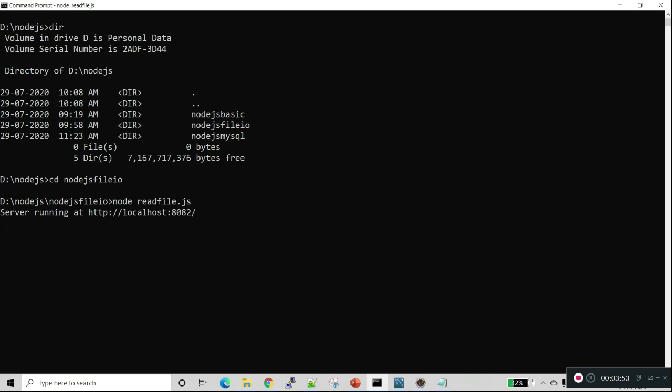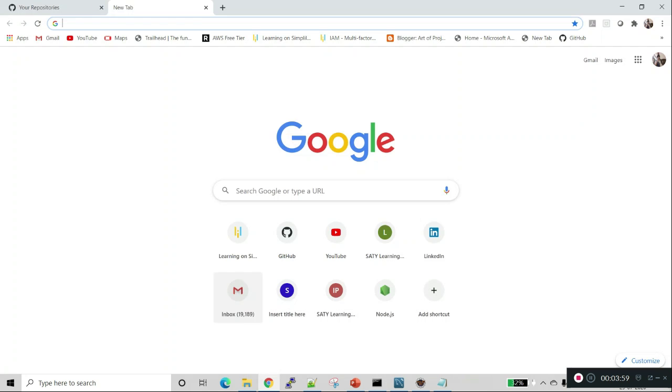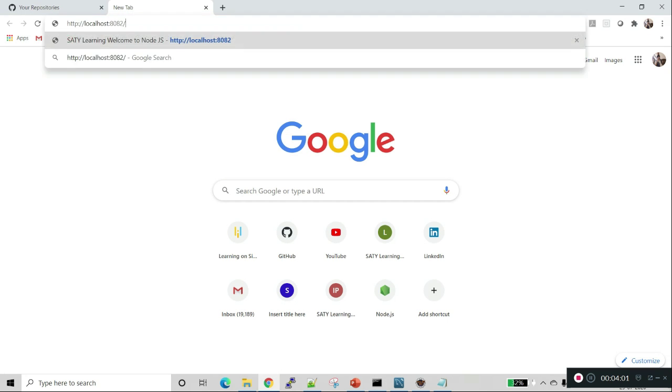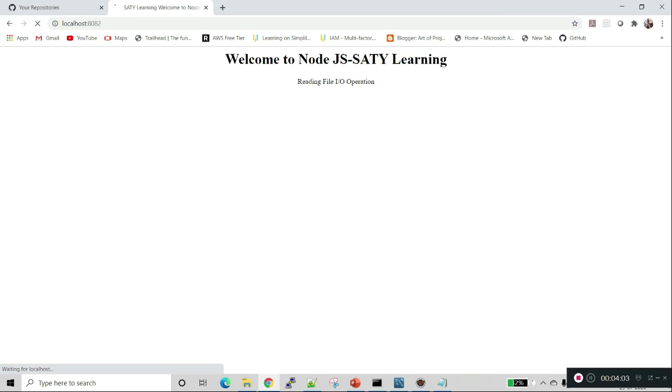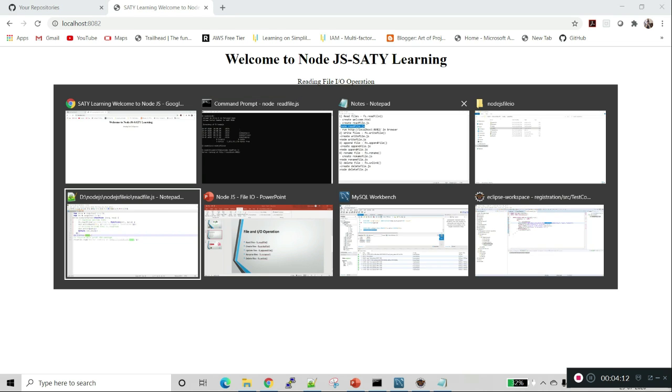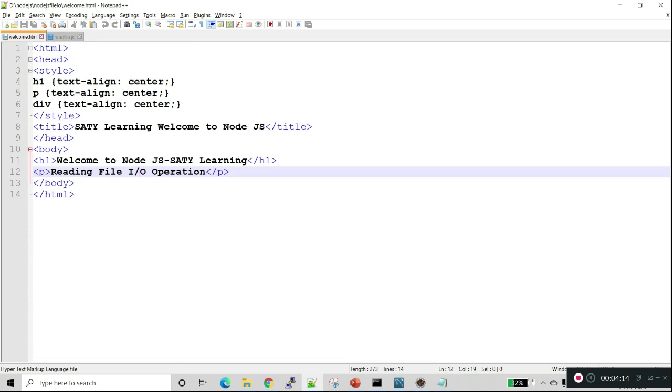It started the server. I'm opening this server in the browser. You can see the output: welcome to Node.js SATI Learning reading file IO operations. So it's there in our welcome.html.